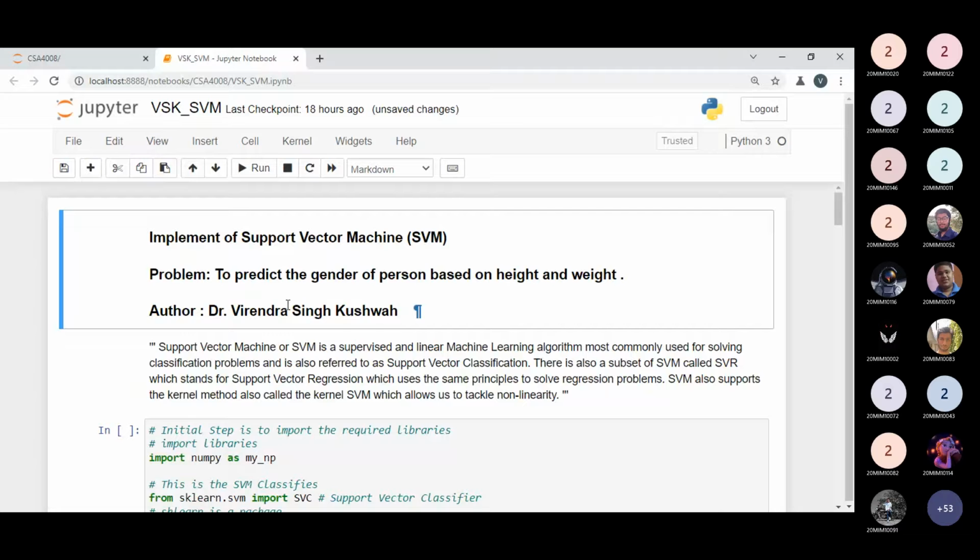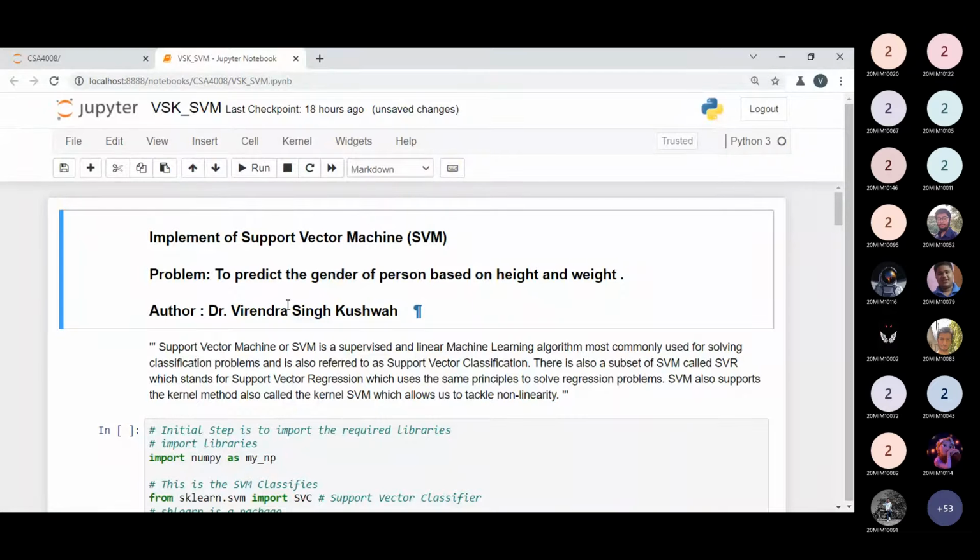The support vector machine is a machine learning model that is used to classify data. As per our problem, we have to predict the gender. It means that based on the height and weight features, we are predicting the gender. It means we are classifying the data properly. So from this point, let us understand the thing.